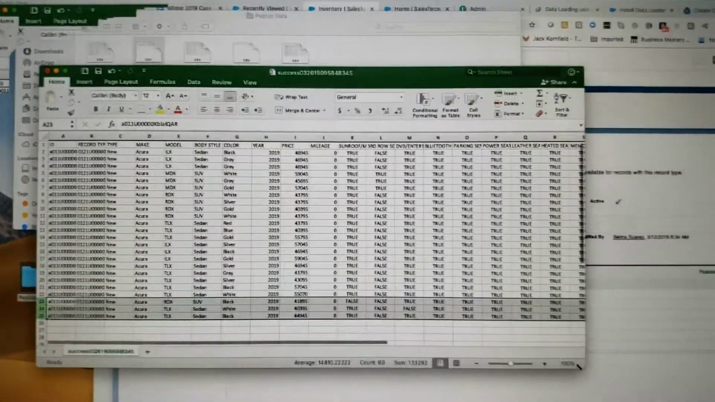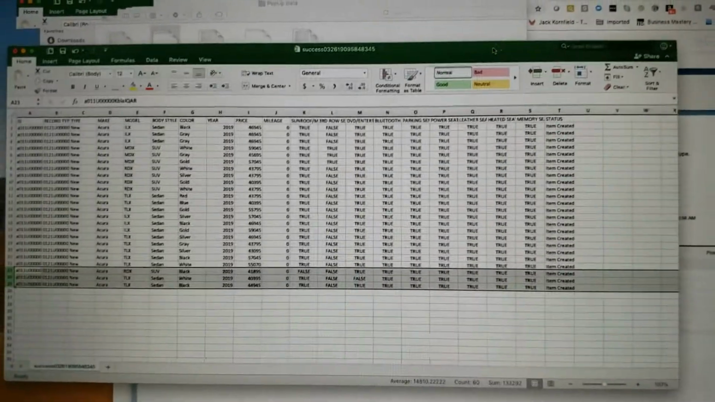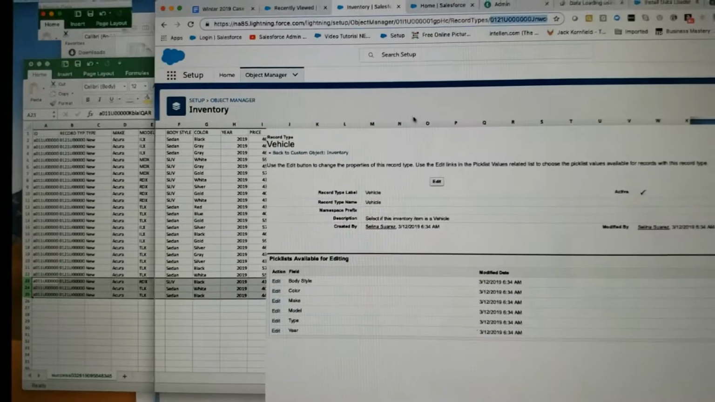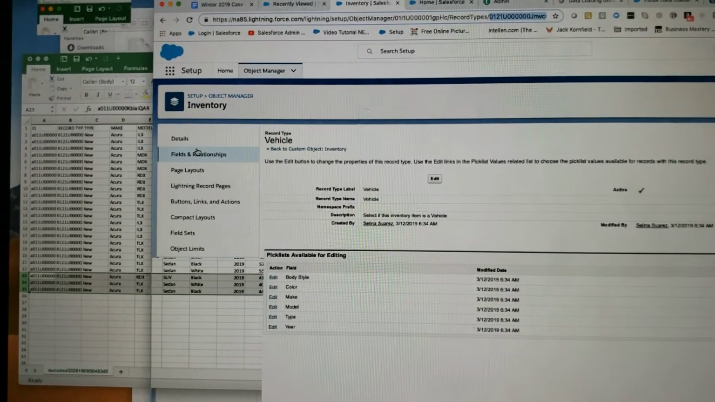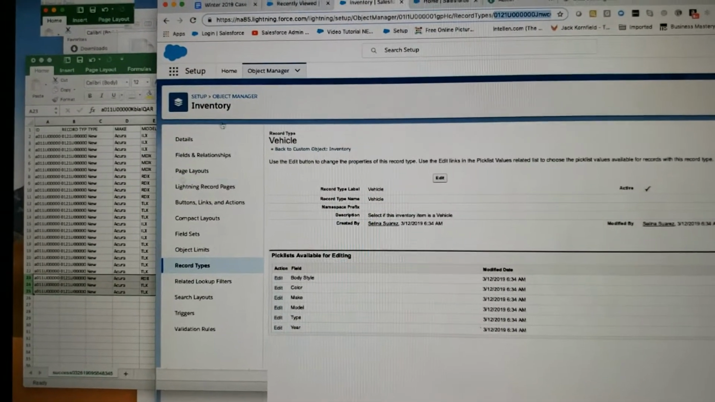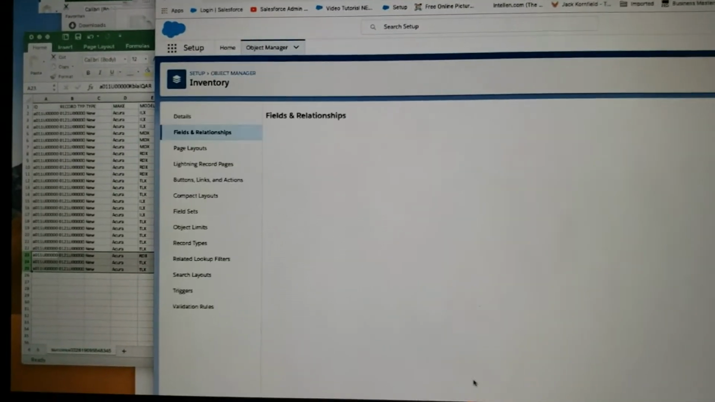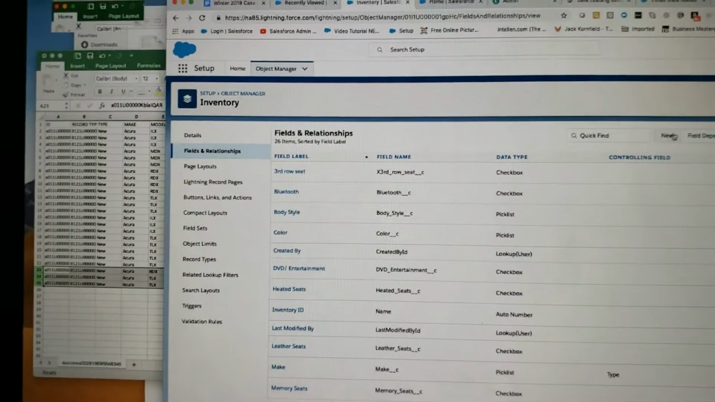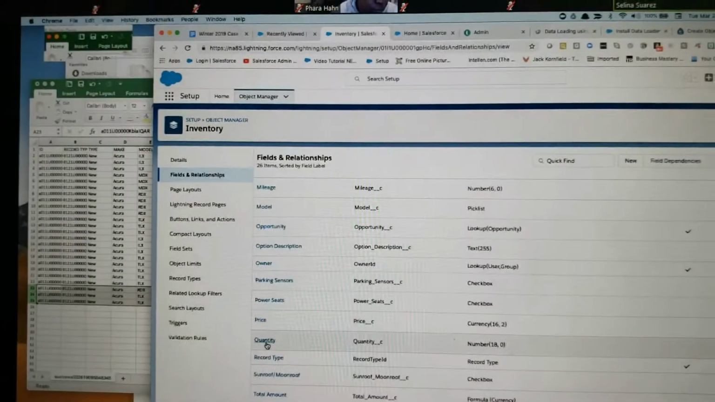Okay, so now I want to make an update. There is a new field on our inventory object that I created called quantity. So what I want you guys to do is navigate over to your inventory object, go to fields and relationships, and create a field called quantity. So hit new, name it quantity,